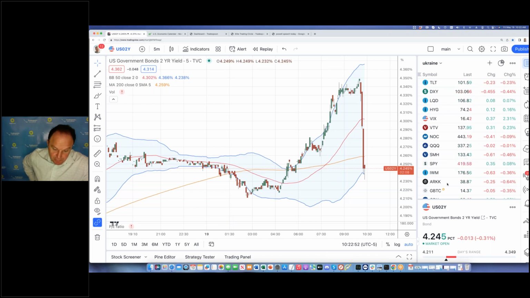Powell: as a result of banks tightening credit conditions, our policy rate may not need to rise as much as it would have otherwise to achieve our goals. Of course, the extent of that is highly uncertain. I mean, Powell is just saying the same thing and just reminding us that rates may not need to rise as high.